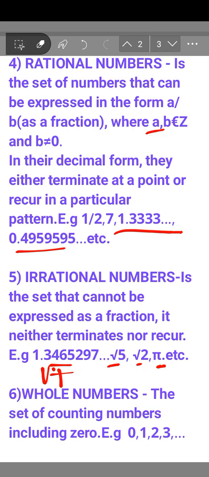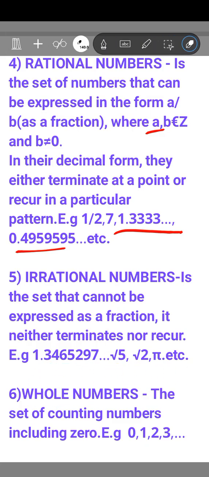I said I'd come back to asking a question here. Now, we often say that pi is equal to 22 over 7. When we're solving problems, you often say pi is equal to 22 over 7. If pi is equal to 22 over 7, it means it can be expressed in the form a over b, numerator over denominator, which should make it fall under rational numbers. But why do we then say that pi is an irrational number? If you want to know why pi is an irrational number, though it can be expressed as a rational number, 22 over 7,